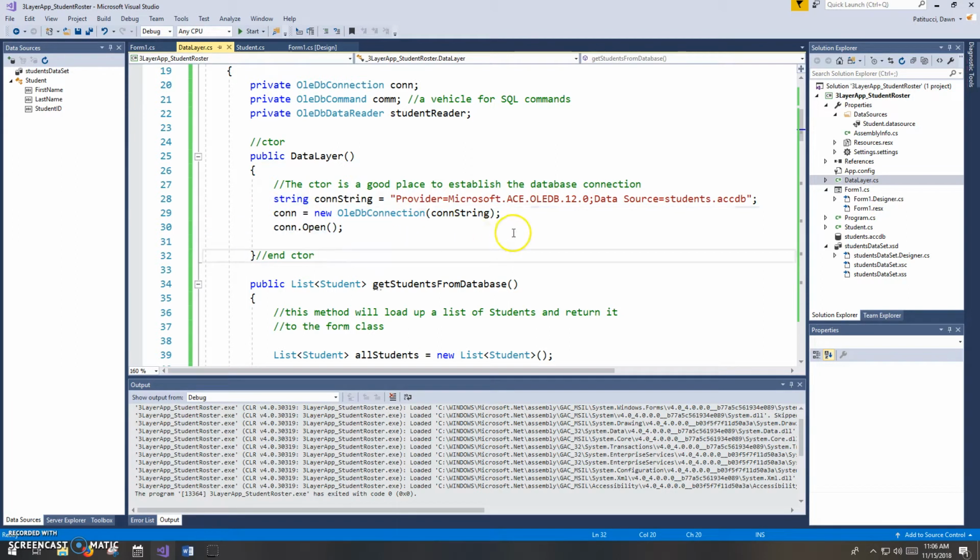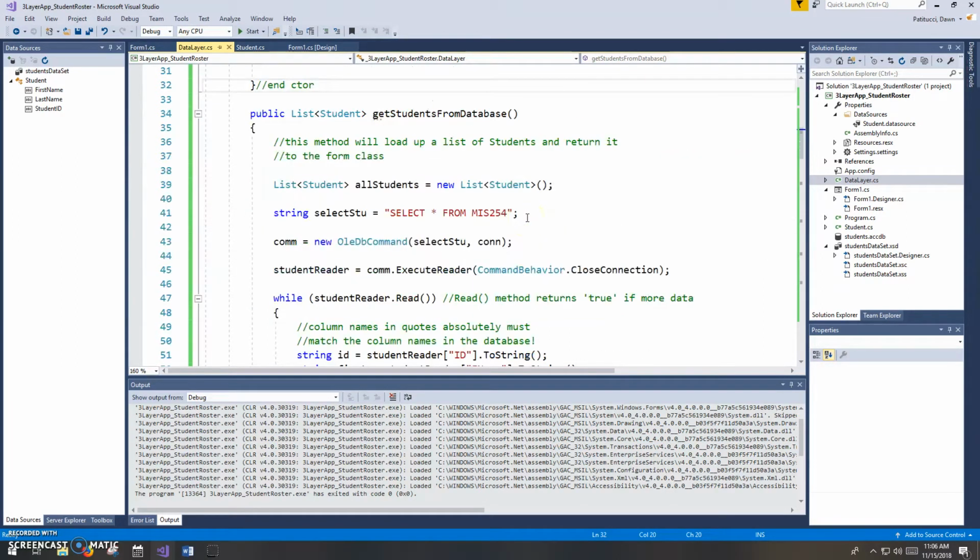Okay, and then I'll just talk about this method here. This is the method that will initially pull all of the students out of the database, out of the table, the MIS 254 table in the database. And basically, what we've done is we've created a list, the good old list that we've been using pretty much all semester, a list of type student, and then